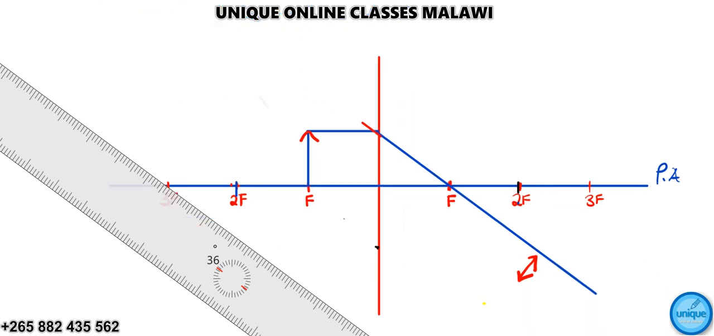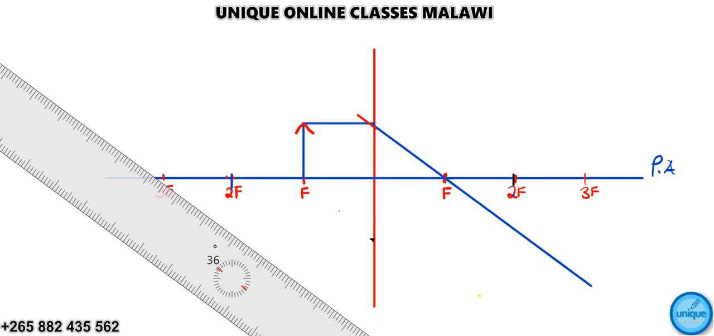Don't ever try to make the lines meet. Never. Those lines do not meet, don't force them. So that's what happens when we place an object